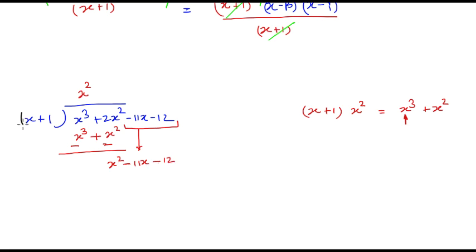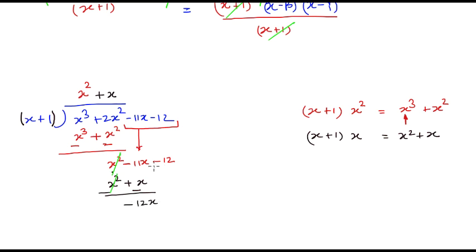Now I'm looking for another term that I can multiply with this divisor, which is x plus 1, so that the result of that multiplication with this divisor gives me x squared, the first term of my new dividend. And that will be simply what? That will be just x, right? When you do that, you will get x squared plus x. So let's do that and write our second quotient as plus x, and then I get my product here, x squared plus x. Once again, you will subtract. These two will cancel out, and what you get here as a result is